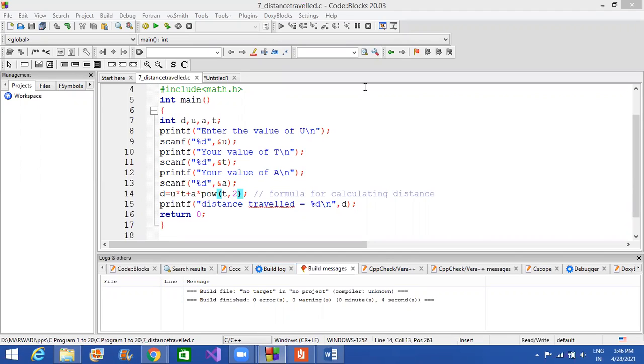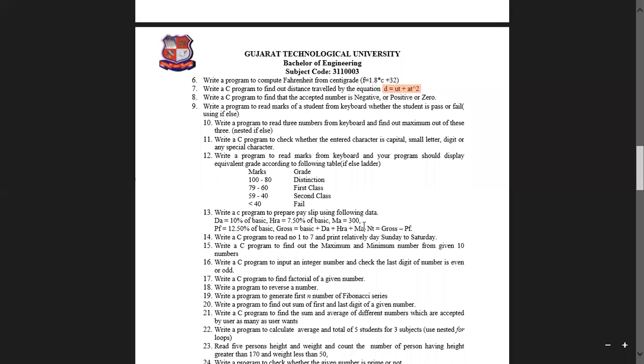Sorry. Moving on to the next. Programs 1 to 12 we have completed in the last session, right? So starting with the 13th program,